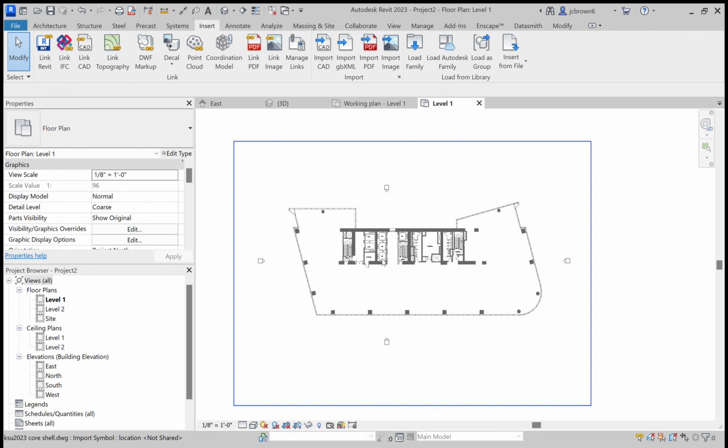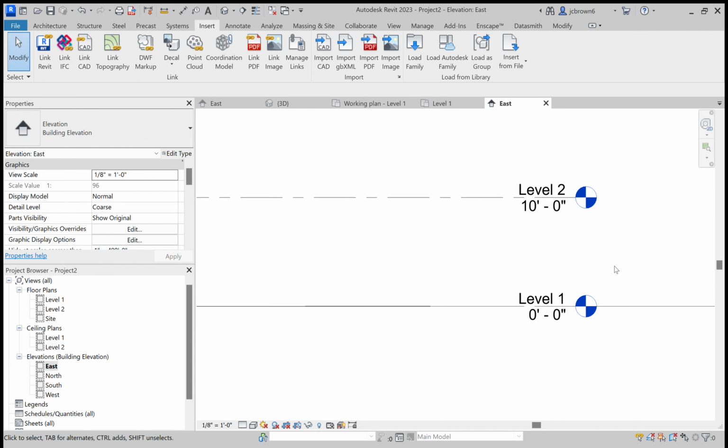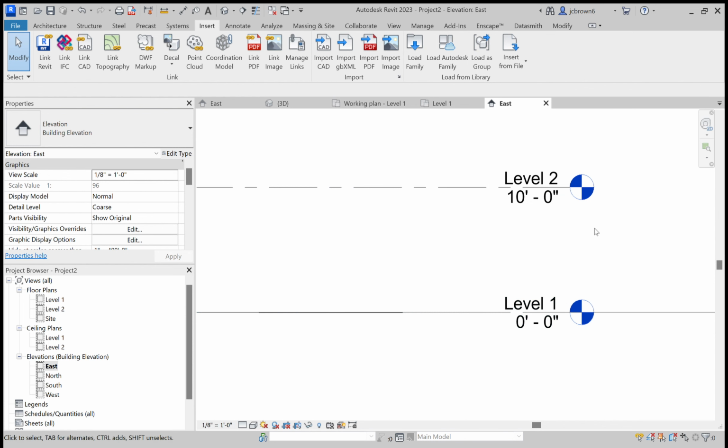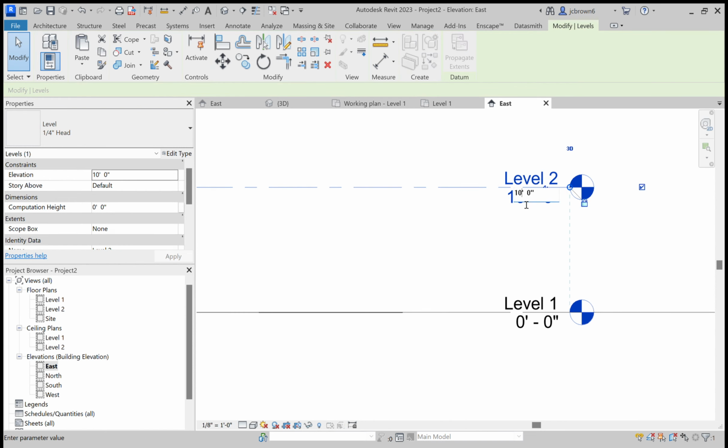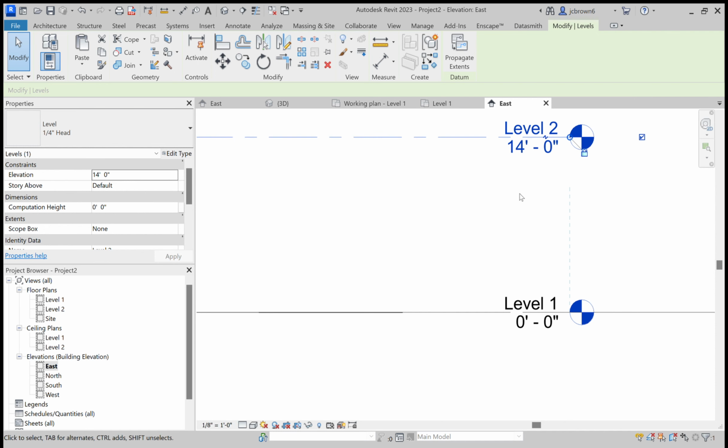And the next thing that you want to do is to go to one of your elevations, and you'll want to make sure you change the level height so that your levels will be appropriate to the bottom of the concrete slab that we want to achieve. So on this, for the first floor, you all will need to do 14 feet. So whoever is level 48, they will create their Revit model up to 14 feet. And whoever is on level 49 will start theirs on level 2 and go up